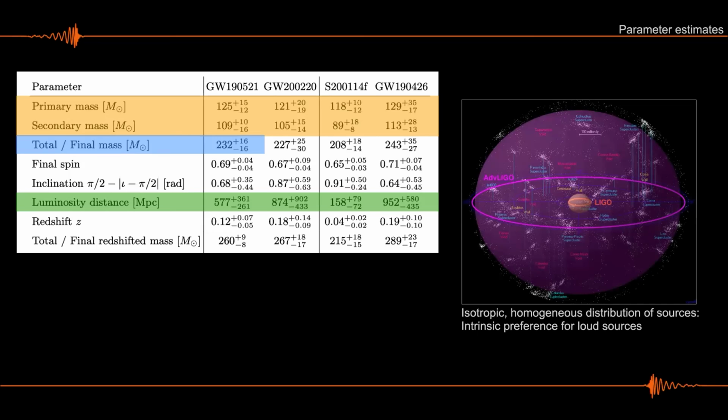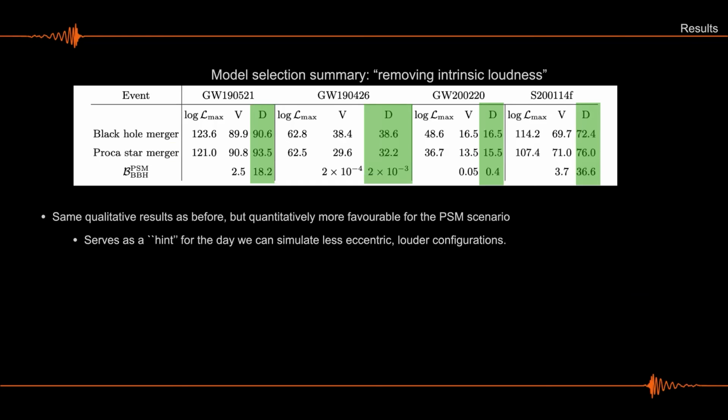So we said, okay, just for fun and to understand whether this is really playing a role, let's try to remove that and impose a non-very-physical prior in which the prior in distance is just flat. We don't prefer any distance over the other. And as you can guess, the preference for the boson-star model rises in all of the cases. This is not to say that that's the right assumption about how sources distribute in the universe. It's just to come back to the problem of what would happen if we could do these circular collisions, and therefore our black hole or Proca-star model would predict signals as loud as the black hole one that we can put equally farther away. So this is basically an attempt to remove the effect of the intrinsic loudness.